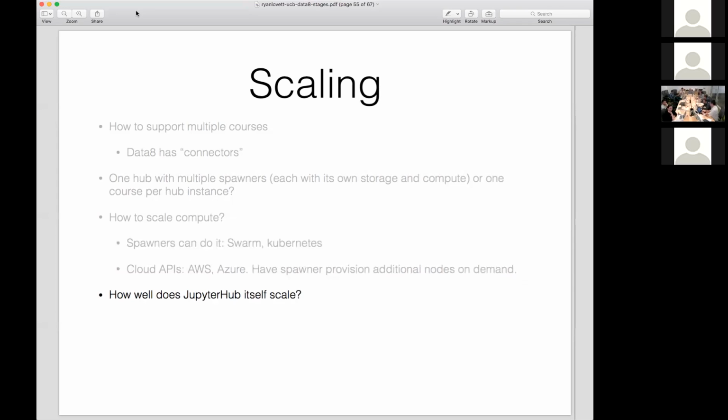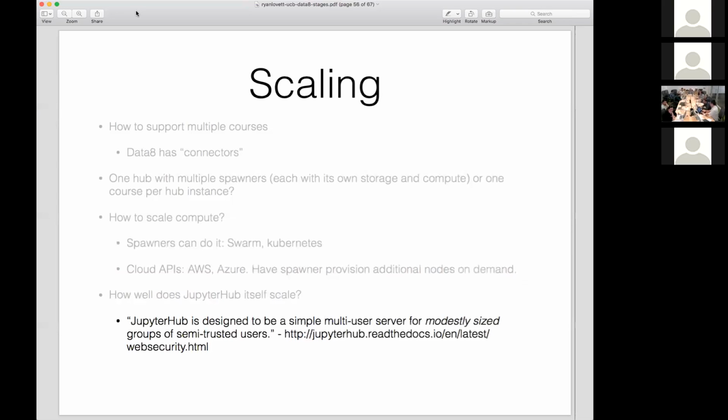And there's this question about how well JupyterHub itself scales. I think we're maybe one of the larger deployments out there. In the JupyterHub docs, it says that JupyterHub is for modestly sized groups of users. So I don't know if we're modestly sized. So I think we need to start collecting the data about